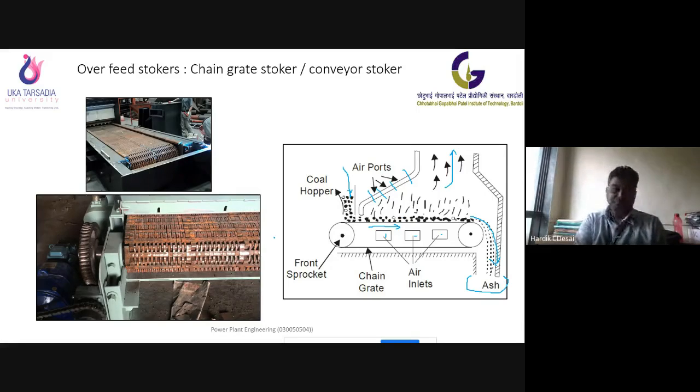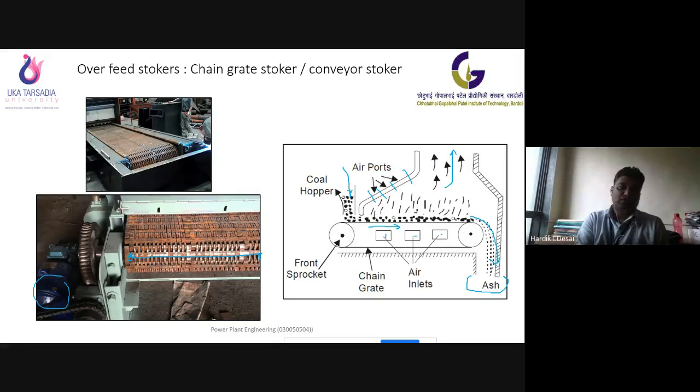See, this is the pictorial view. As you can see, these are the chains. These are connected with the help of a single bar. In the transverse direction, one connection is over here, the second connection will be at the second part. This is driven by these sprockets. Here you will have the gearbox like thing.